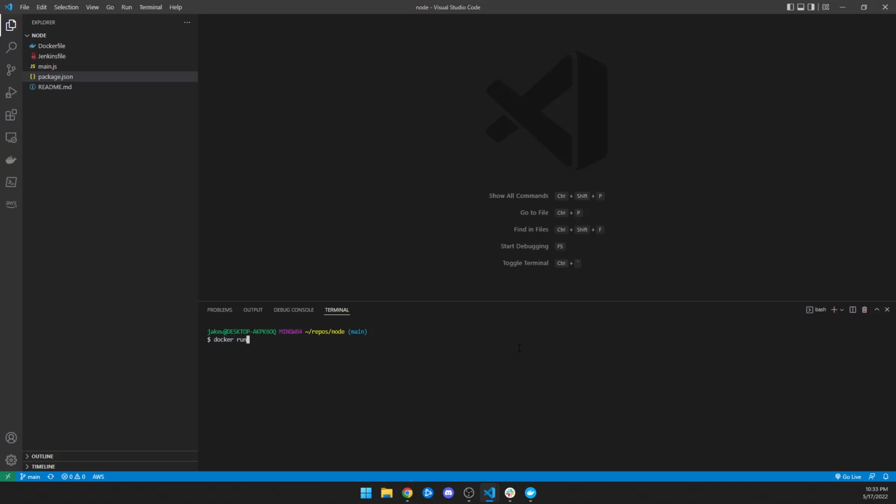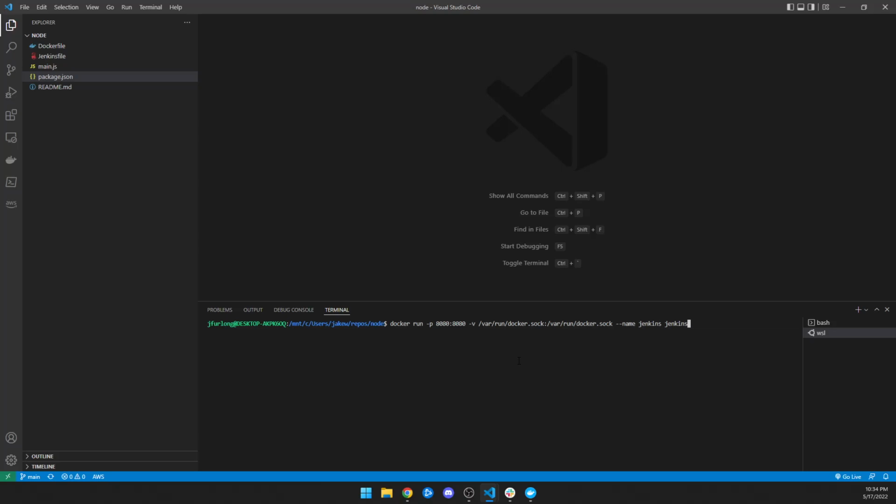So I'm going to say docker run port 8080 to 8080 and -v, and I'm going to say, oh, I had to do this. There's an issue with a socket, so you actually have to do this in like an Ubuntu terminal. So I'm going to do this in Ubuntu, and I'm going to say the same thing. So docker run port 8080 to 8080 -v, and we're going to say var run docker.sock is going to be on var run docker.sock, and then we're going to name this Jenkins,